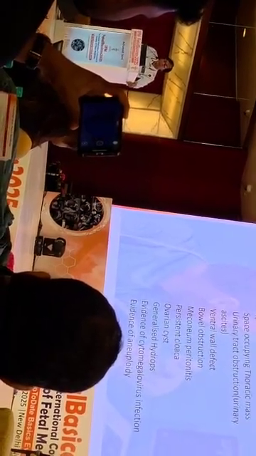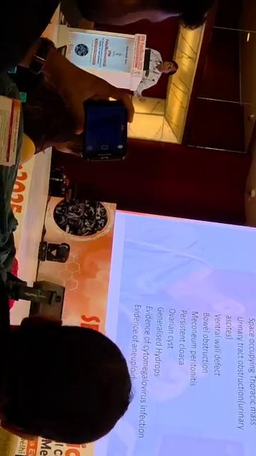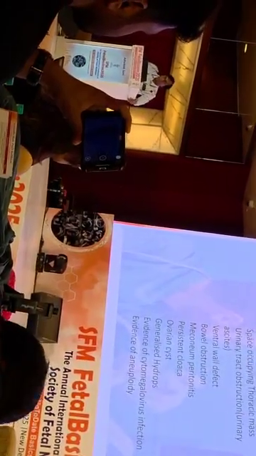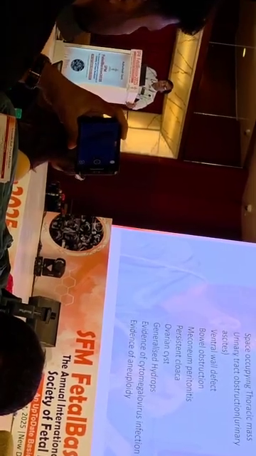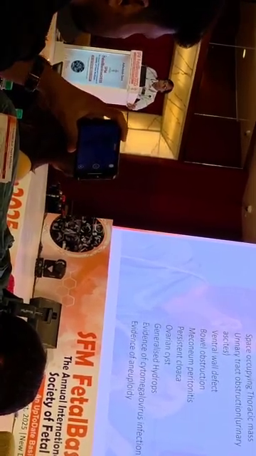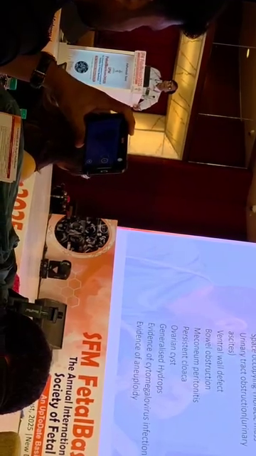This differential diagnosis list I have got from Callen. Space occupying thoracic mass is one of the causes of fetal ascites, which is not there. Urinary ascites is not there in this case. We just saw it is a clear ascites, not like the one we saw here. Ventral wall defect was not seen. Bowel obstruction, these are close differentials. In one of the videos we saw a mildly dilated loop, but not significant dilatation overall.